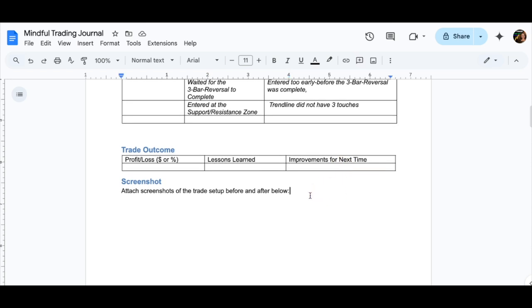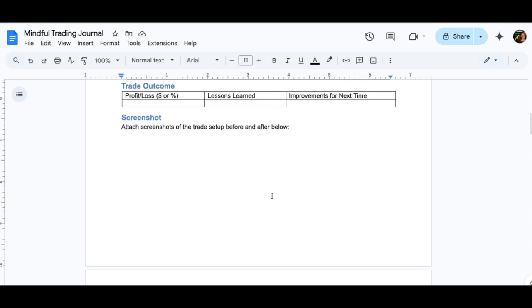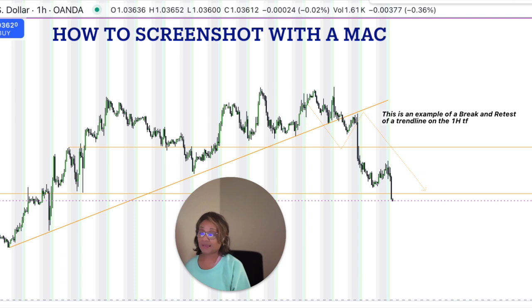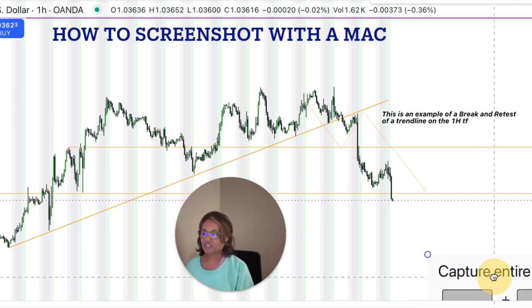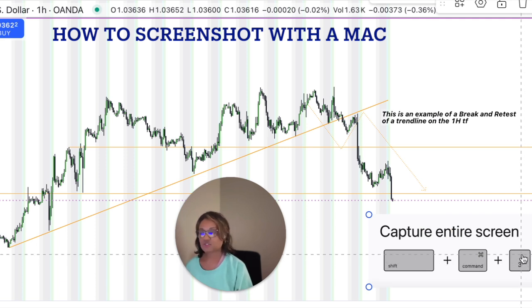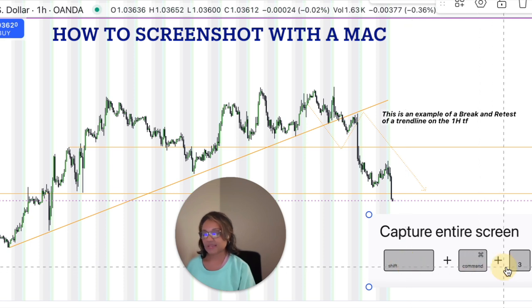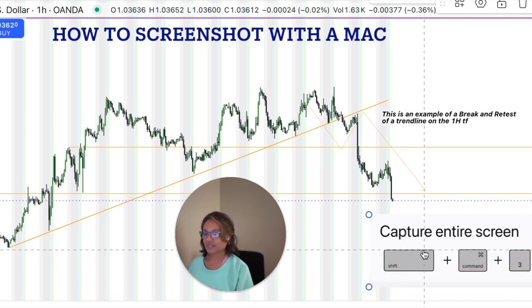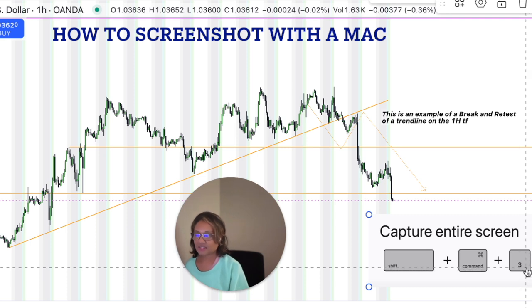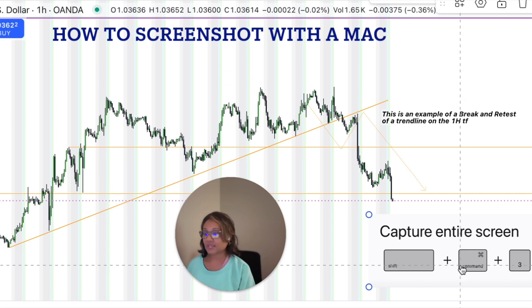All right. And then finally, you can take a screenshot of your trade setup before. Be sure to take one before and also one after, and then you can paste them here in this area. And so if you have a Mac, and this is what I use, you can click these 3 buttons to save your screen, and it's called a screenshot. We've got Shift, Command, and 3. So when you click Shift, then Command, and then number 3, you're holding all these 3 down at the same time and then lift together, you'll hear